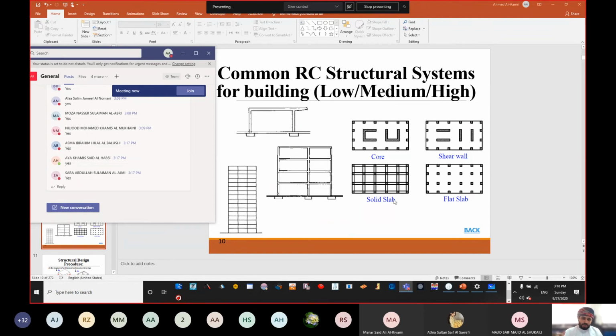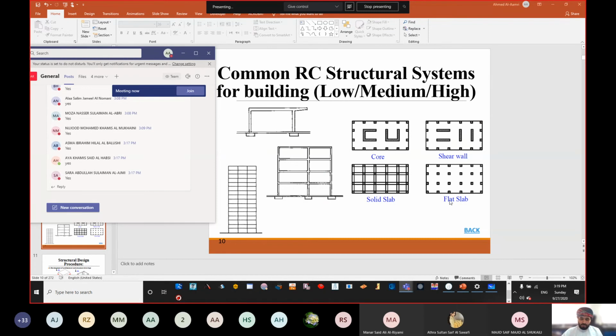For a single story, second story, and third story, meaning single, double, and three stories, the solid slab is going to be sufficient. A solid slab is whenever we have beams and slabs supported by beams. Another system that can be used is the flat slab, which is a little bit cheaper for certain long spans. So solid slab for regular cases, and if we are extending the columns away from each other,